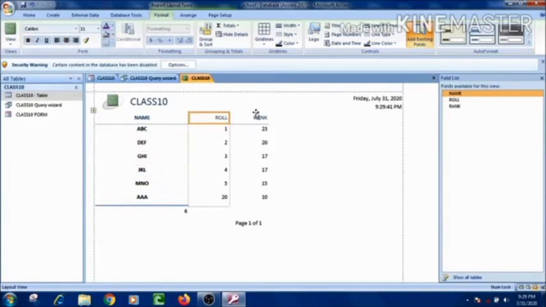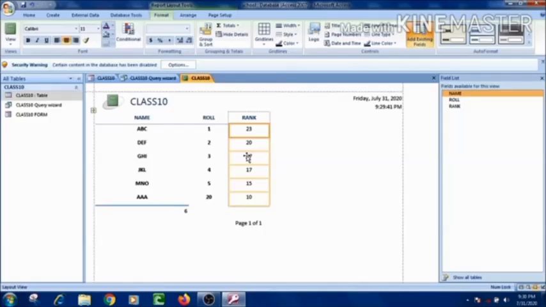In the same way we can do some formatting in other fields also. So these are the main features of the report command, and the most important point is the name of the tabs which appear on creating the report by using the report command. These are the format, arrange and the page setup.